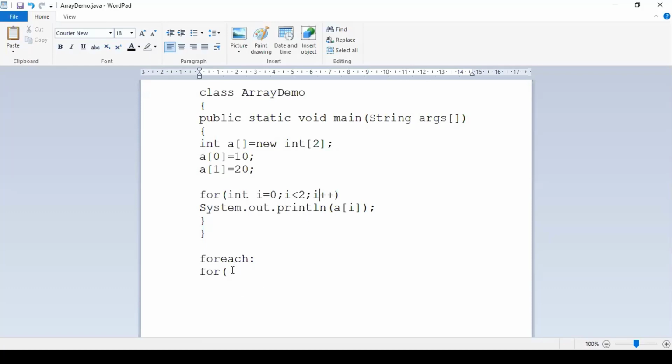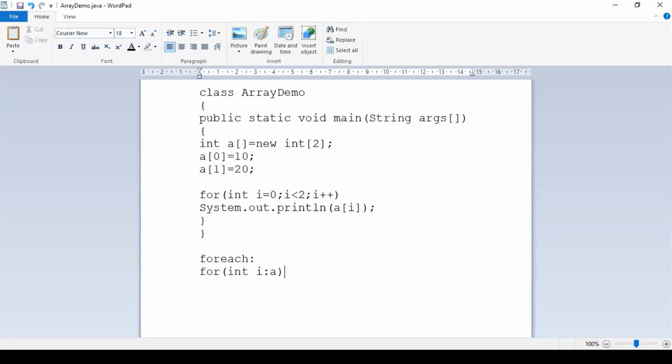What the for each says is, when you are sure that you are passing me a collection, don't bother about all these things. You declare some variable for me, which is the same data type as that collection, write a colon and specify that collection. I'll take care of the rest.